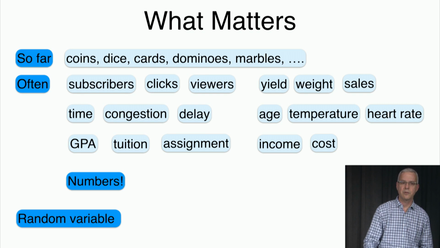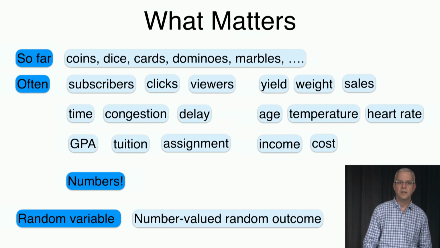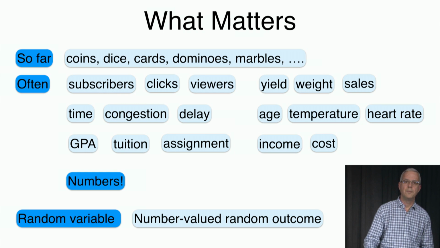And a random variable is, in fact, a random outcome whose value is a number. Okay, so what we're going to do now is start studying random variables. Those are random outcomes whose values are numbers. All right, so